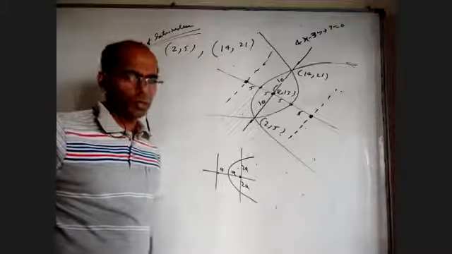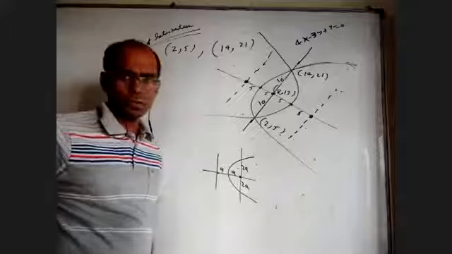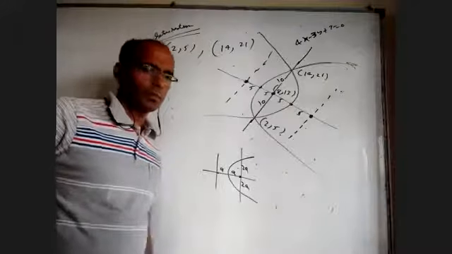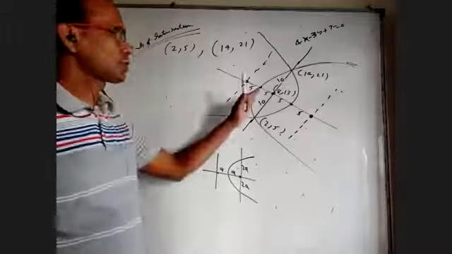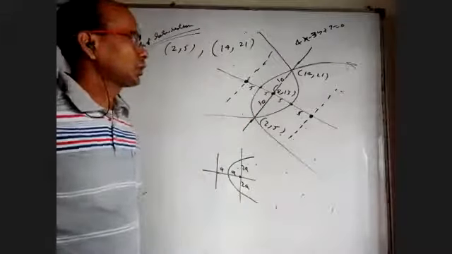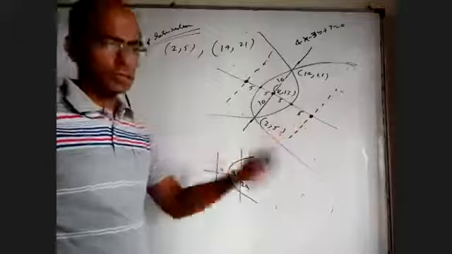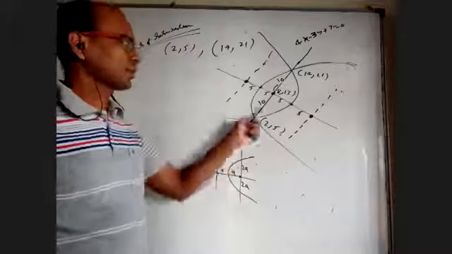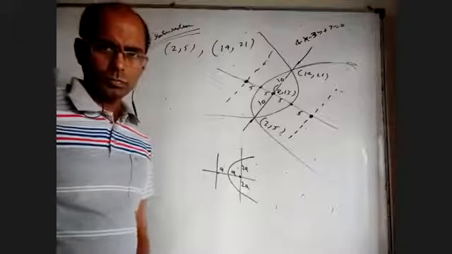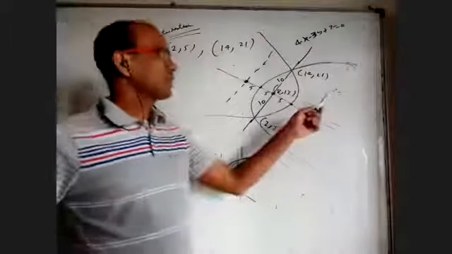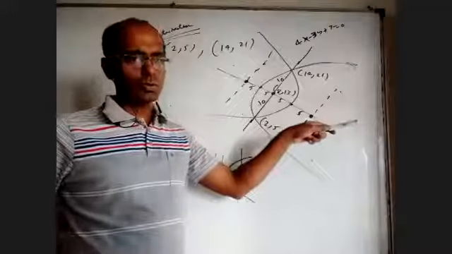Okay, why are you writing in the form of y equal to mx plus c? Sir, I knew the slope of the line, so I took y equals mx plus c. Okay, you took y equal to mx plus c, you know m, and you wanted to find c, and then applied the distance between parallel lines formula. Maybe. Okay, you can even take 4x minus 3y plus k equal to 0.